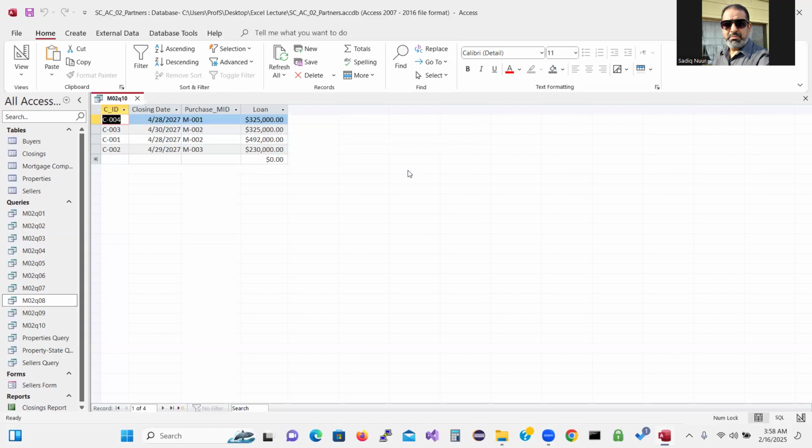Now the next one we want to do is create a top value query by using this one, right? By using the M02Q10, we're going to create another kind of query that we call